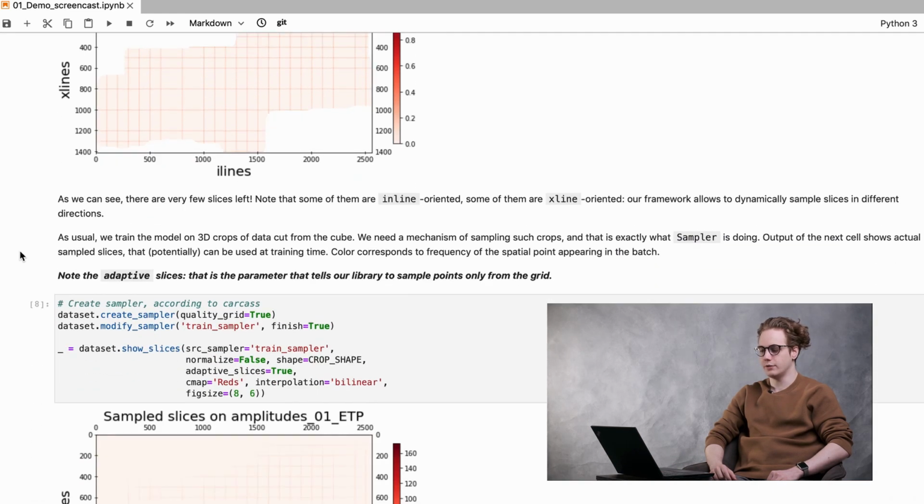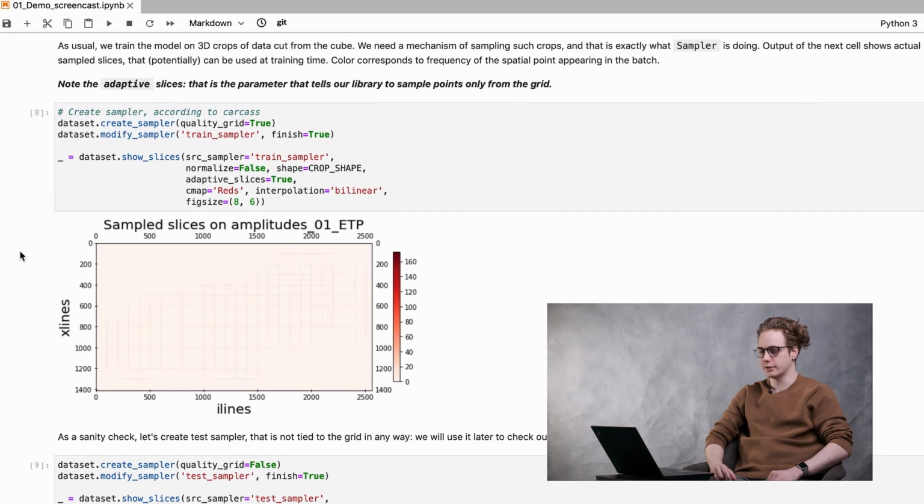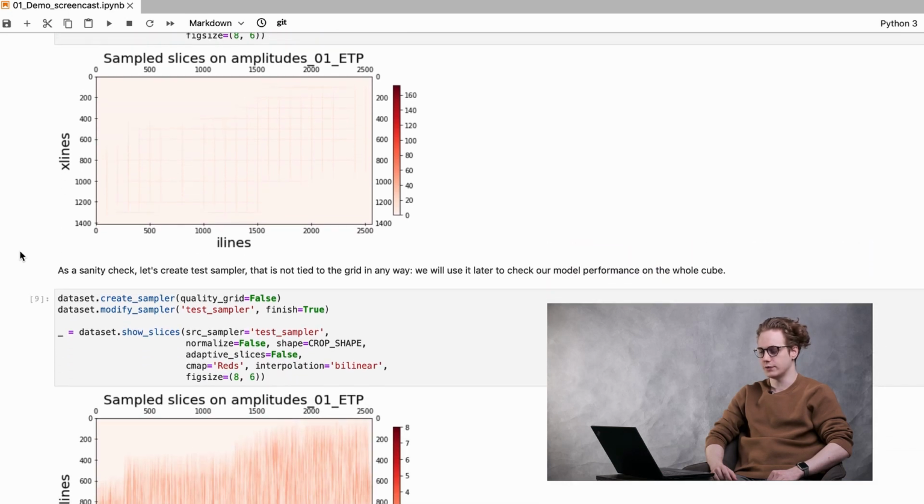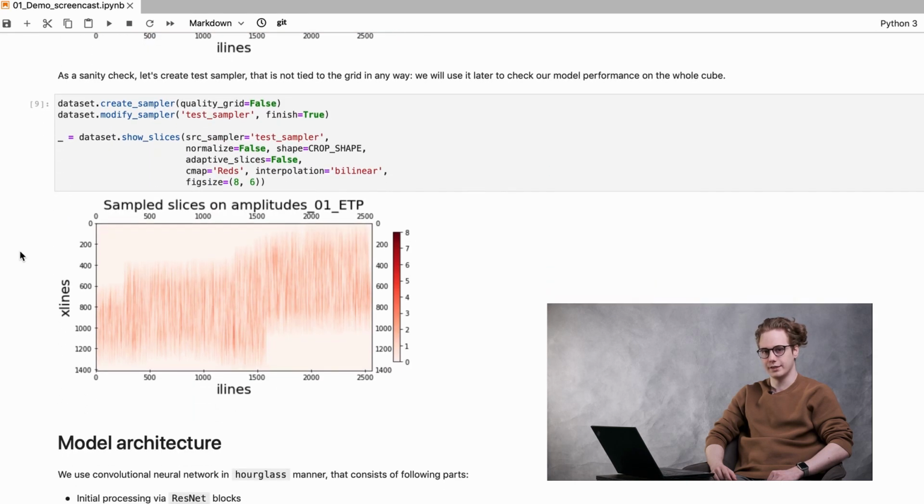We generate data for our models in small patches cut along the carcass, and want the model to predict horizon location from a raw seismic image. Here we can see the distribution of sampled data from a training dataset. The rest of the field, which we can see here, can be used for validation and testing purposes.